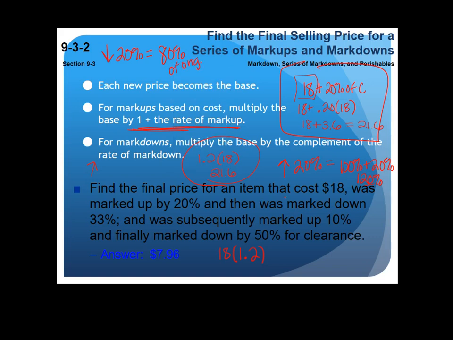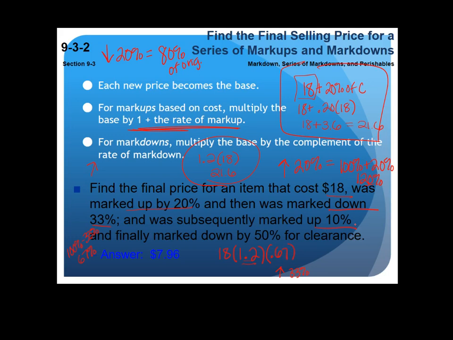So let's look at this one. It was $18, I marked it up 20%. So 120%, which is 1.2. And then it was marked down 33%. So down 33%, well, that's 33% less than what it originally was, the 100%, which is 67%. So it's really 67% of the original amount. So then I can multiply this by 0.67,